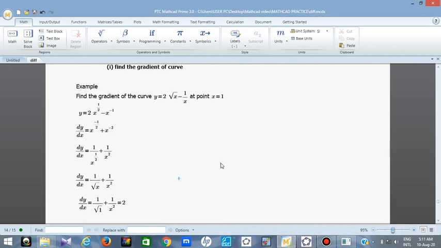You can see that it's very easy to get the gradient of any curve at a particular point when you know the point on that curve. It's easy to get the gradient instead of plotting the graph and taking your time. Even if you are asked to plot the graph of this function and get the gradient at the point x equals 1, you can check your answer using this method before plotting the graph, especially in